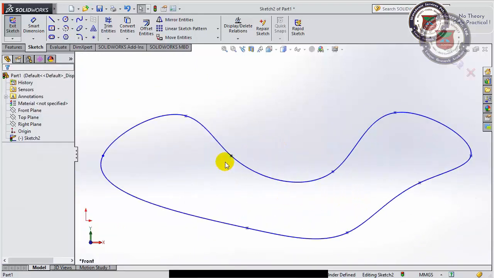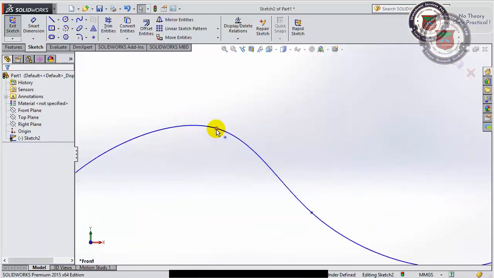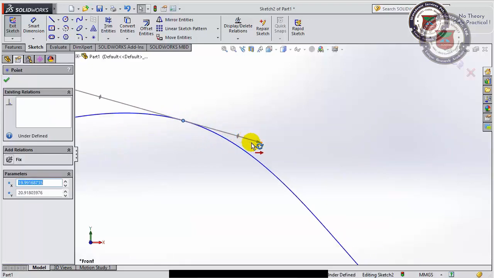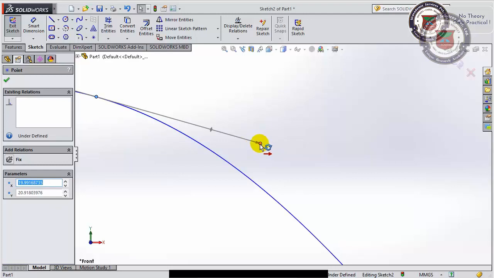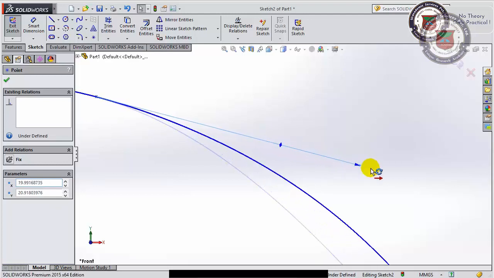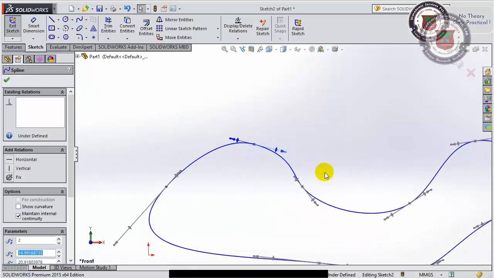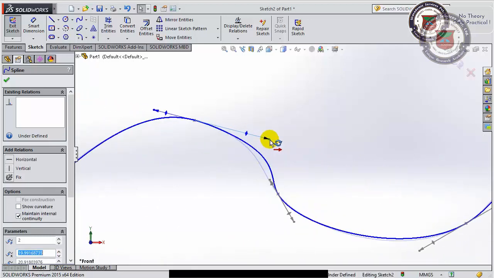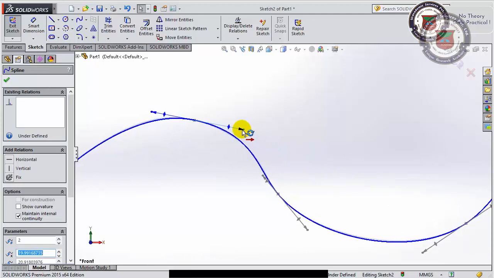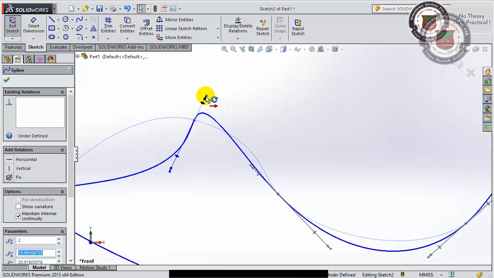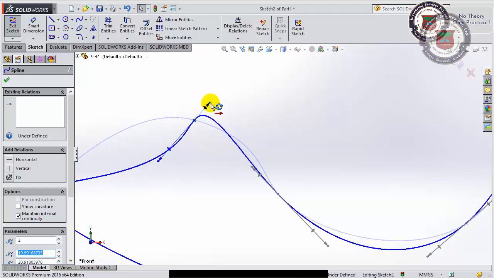Now with this simple spline, we have a lot of liberty. As soon as I click on these control points, the handles appear on this point. Now if I click on this knob and drag it in its direction, you can see I can change the profile of this curve, and rotating it I can also change the shape of the curve.